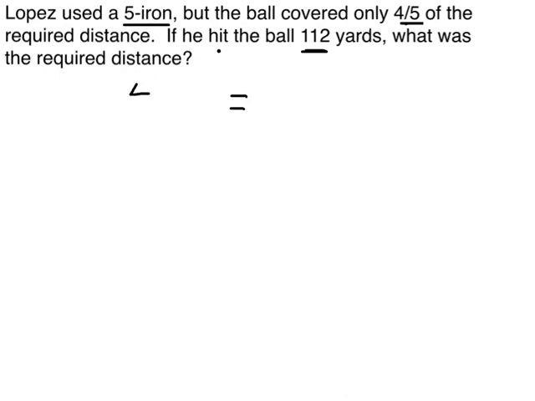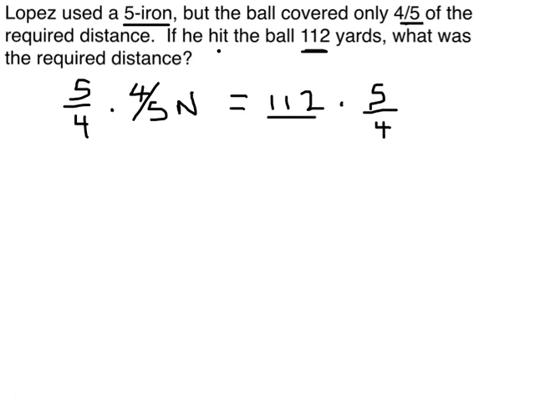So 4/5 of n equals 112. And we know that to get rid of this 4/5, we have to multiply by its reciprocal. I'll put this over 1. And that all cancels out. n equals